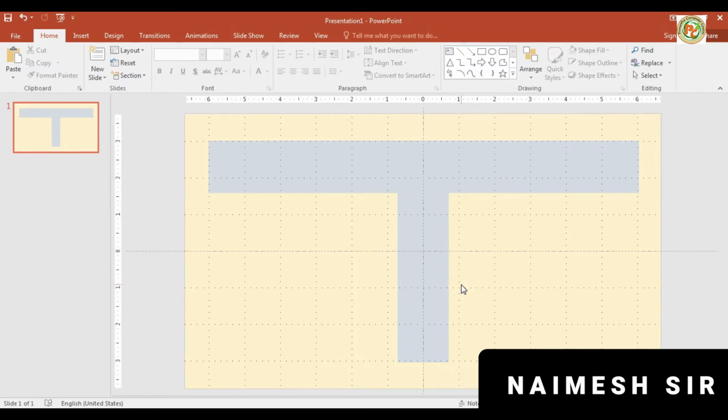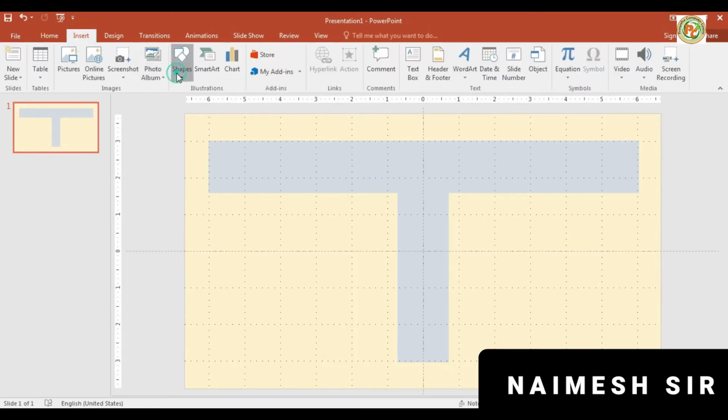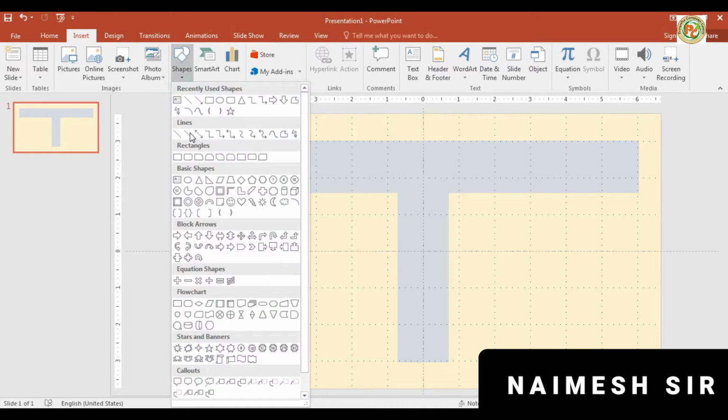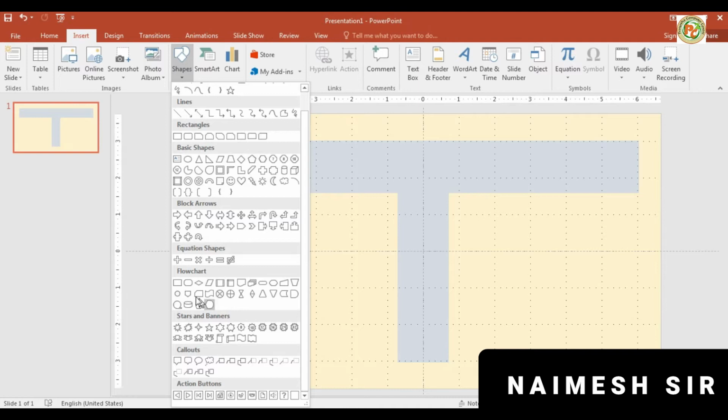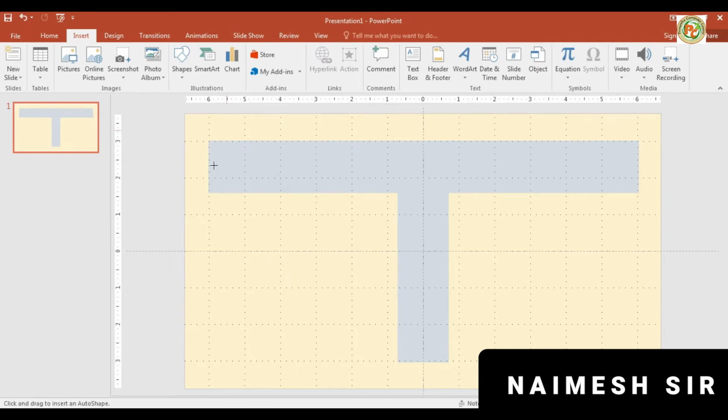After this we want to put different shapes here. So go to Insert, click on Shapes, and whatever shape you like, just select that particular shape. If you want to draw a circle, diamond shape, or any shape, there are 3D shapes also. So click on that 3D shape and draw it like I want to draw here. We'll draw it here like this.